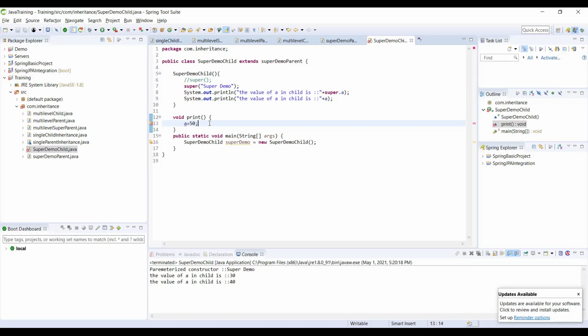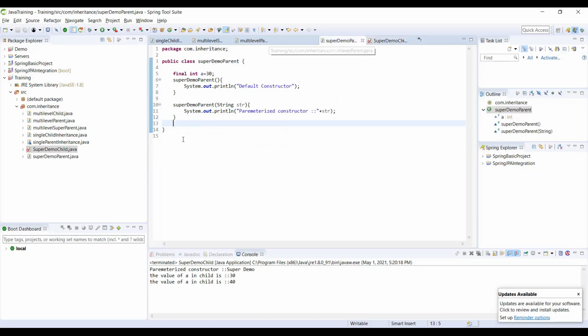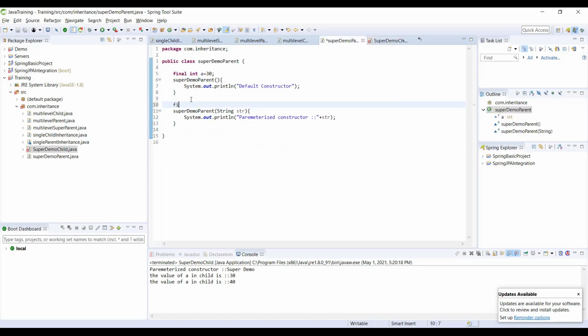Though you are able to inherit a class, you will still not be able to modify the variables or the methods that are final in the parent class. Now, let me show you an example of a final method.